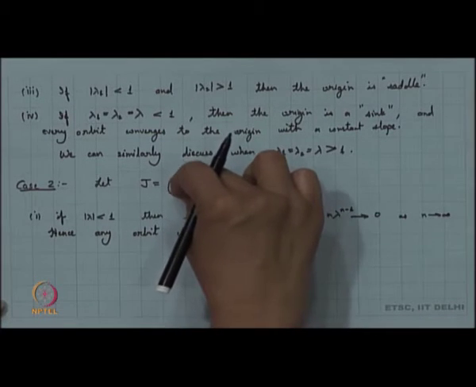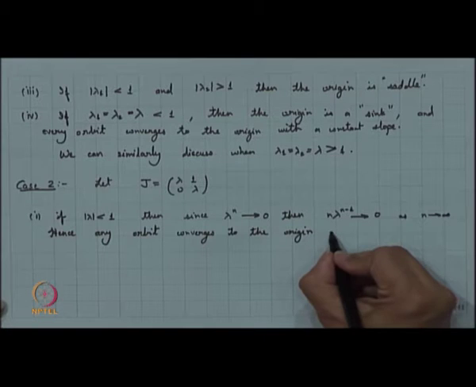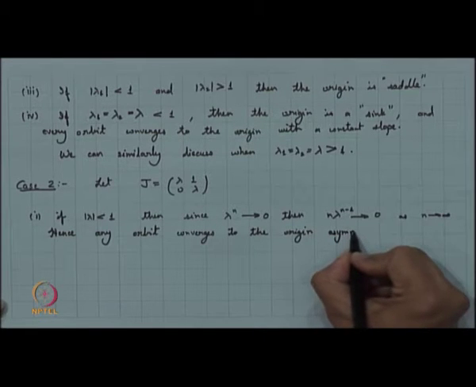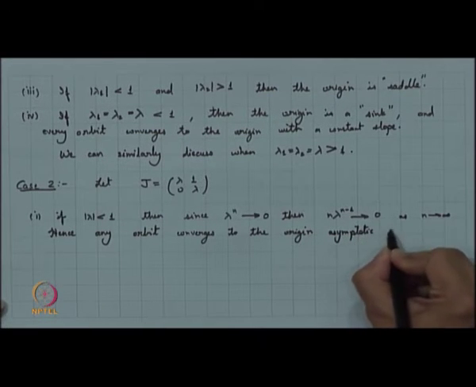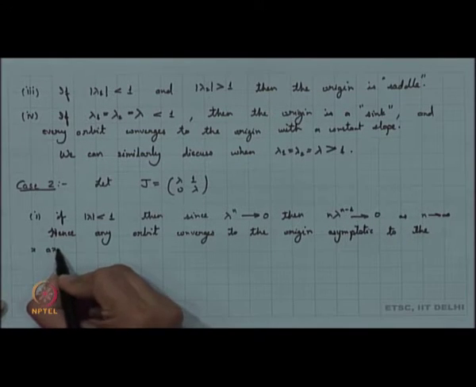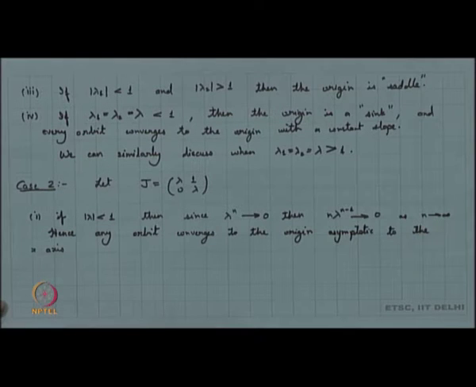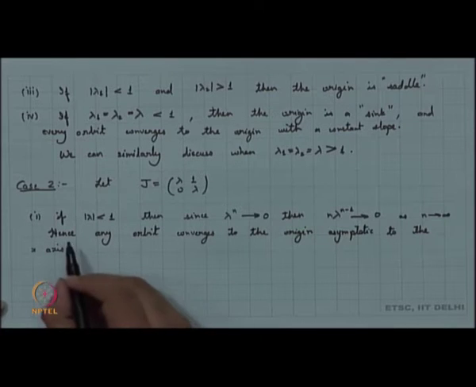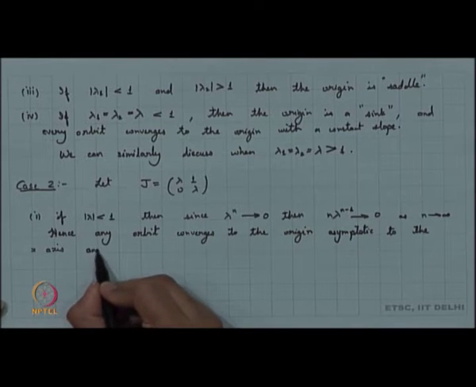Now, since this is a dominating factor here, it is asymptotic to the x axis, because we have only one eigenvector here, and our eigenvector is basically the x axis. The second one is a generalized one. So, it is basically converging to the origin asymptotic to the x axis, because the x axis is dominating there. So, it is asymptotic to the x axis and the origin is a degenerate sink.